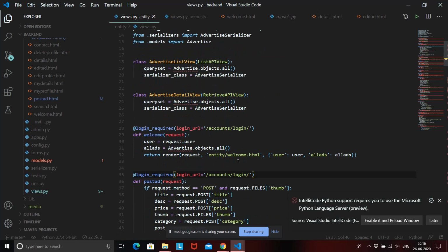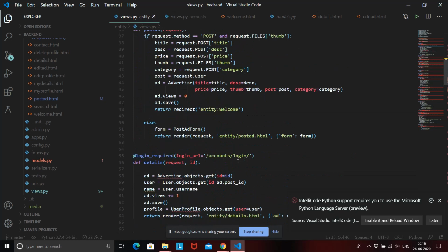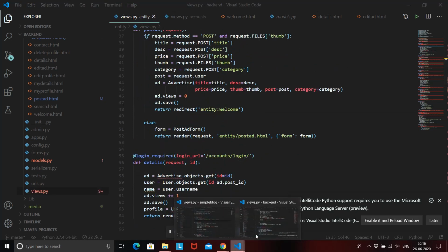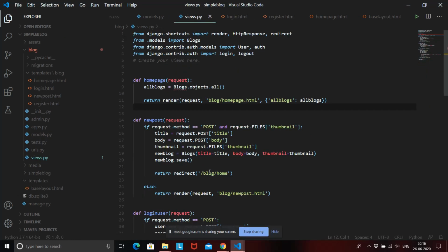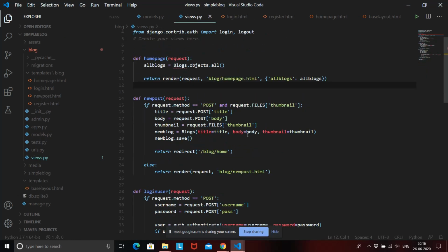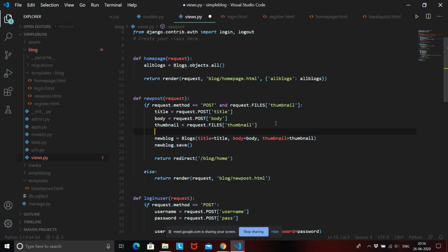Okay, so the way you can collect the user that is currently logged in is by saying request.user. Request.user means the user that is requesting this new post function, right?